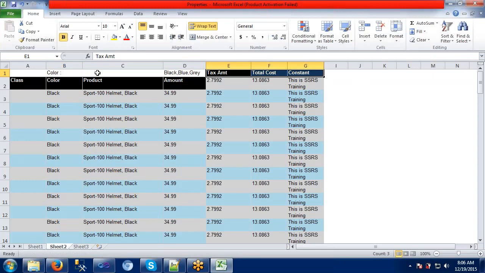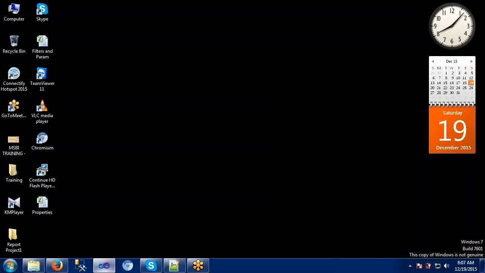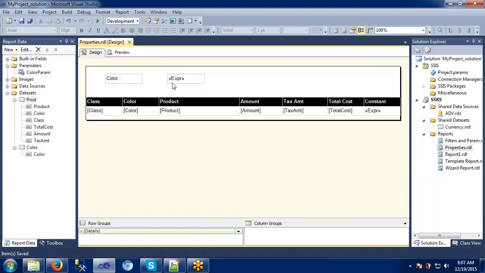The parameters which we are seeing on the report, the same thing will come into the saved output. So that means we have used color here, in which we have selected black, blue and gray. That's why the report is coming like this, so it will be very clear to the end user also. Okay, I am closing this one. So here in my concept I am using some expressions.